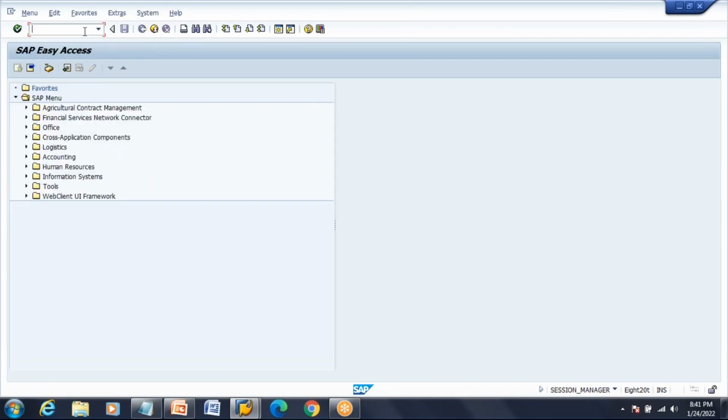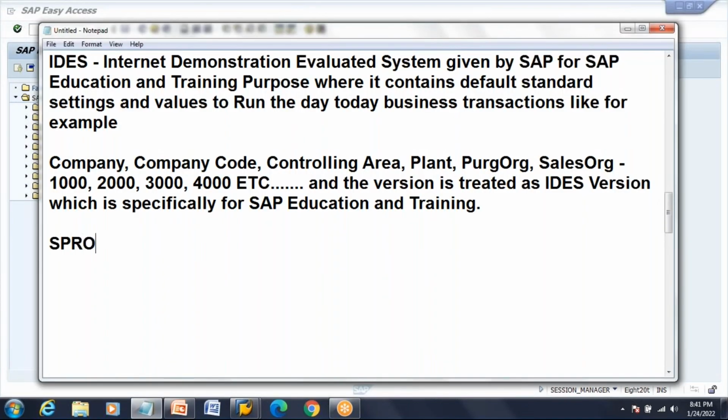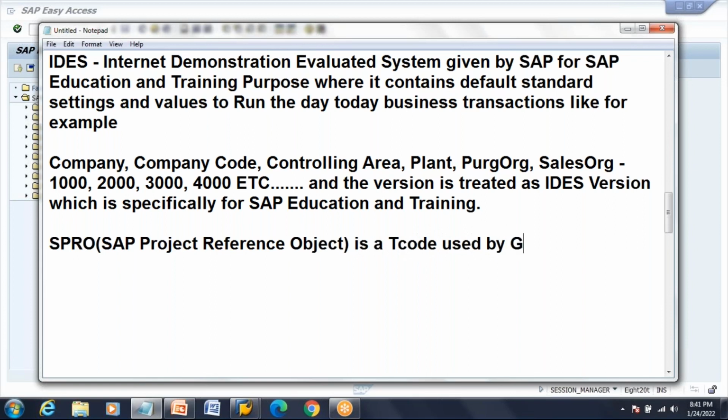So as I said, SAP Easy Access is a screen which everybody can access. There is another environment wherein the functional consultants will have the authority to enter. What is that? SPRO is a transaction code used by SAP functional consultants only